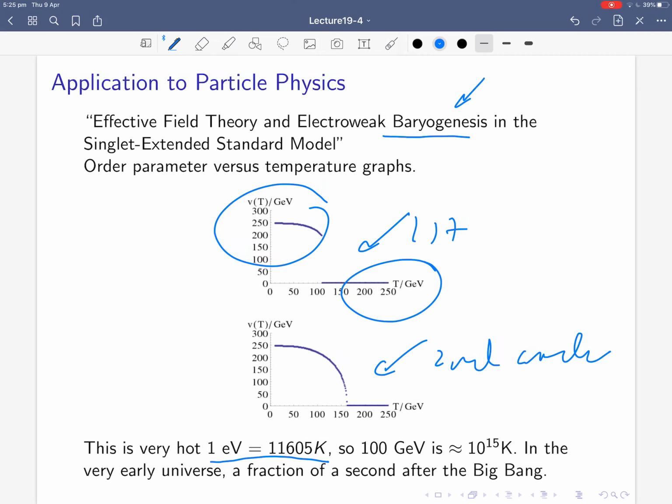And this is a very, very hot system. 1 eV corresponds to 11,000 Kelvin. So these guys are getting up to about 100 or more GeV, which is about 10 to the 15 Kelvin. And that means they're in the very early universe, just a fraction of a second after the Big Bang. So this is an application of this kind of stuff to particle physics as well. There are applications all over the place. These kind of simple